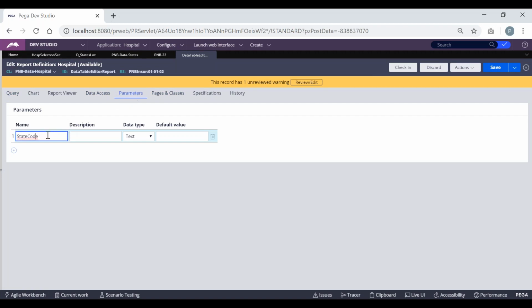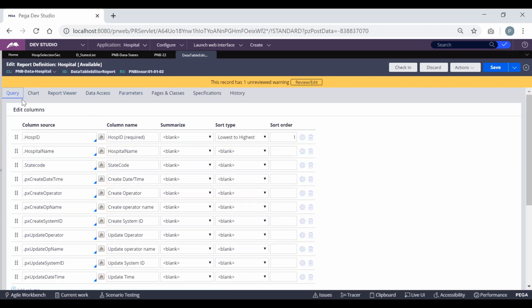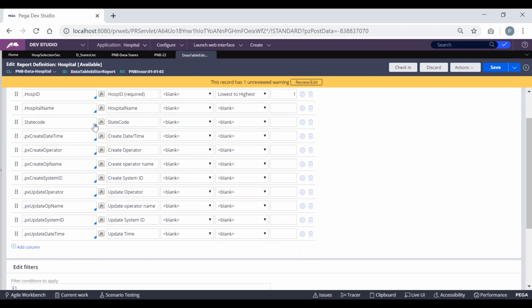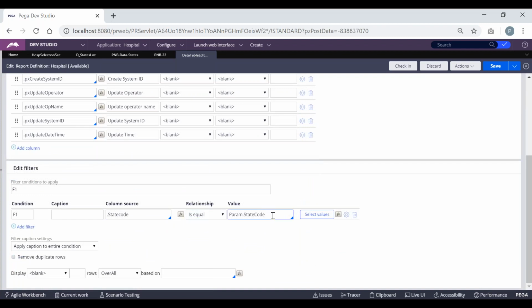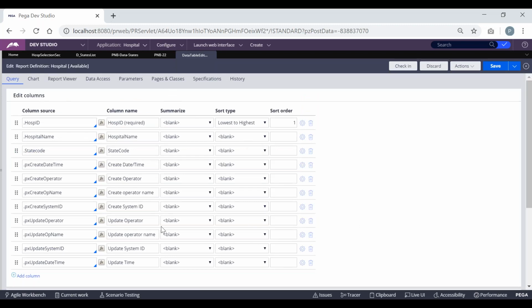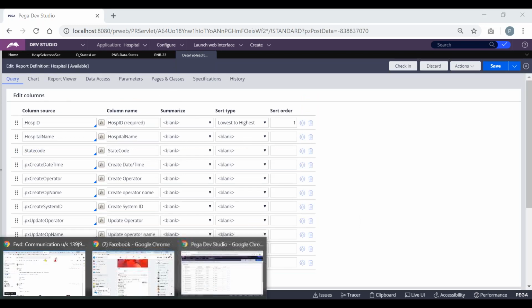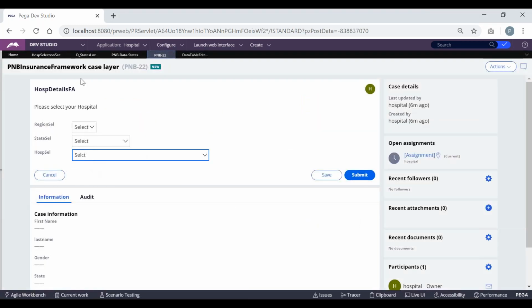I have defined that in the parameters tab, and based on the value of that parameter only, I have to filter the results. So for that, I am giving it as this one: where state code should be filtered with the value I'm passing. So we have applied the filter for this.